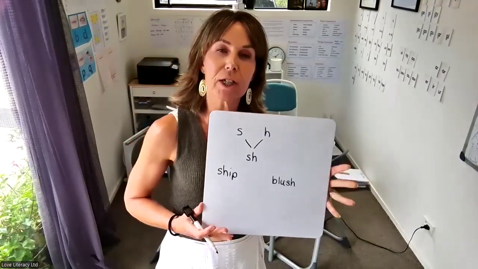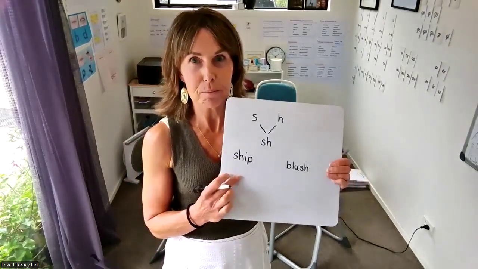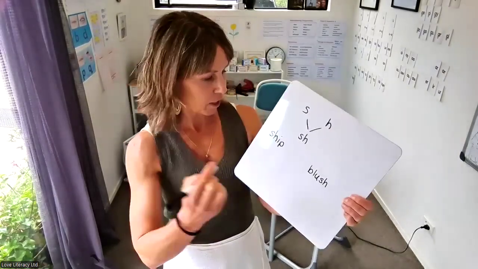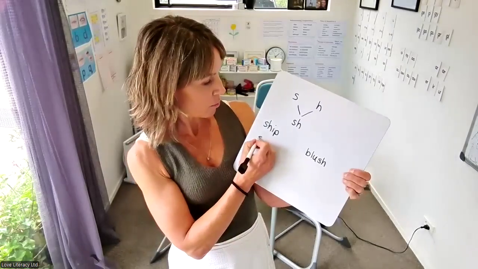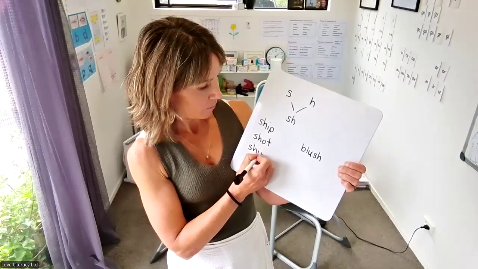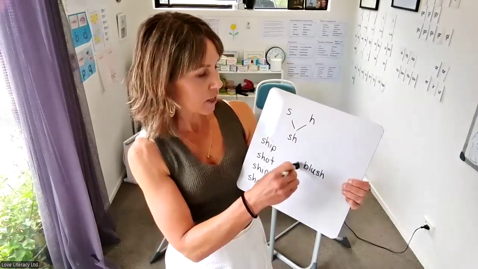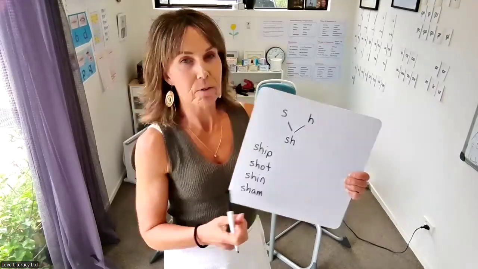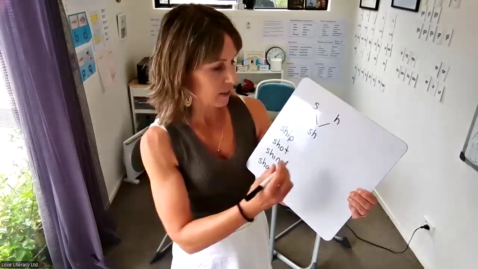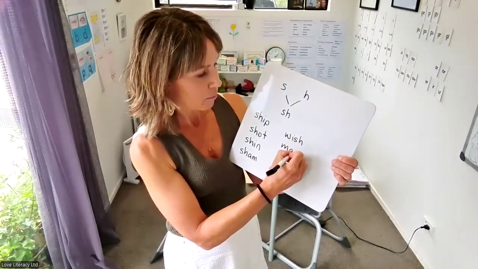Now, if I'm teaching younger students, I'm going to be focusing on some nice, simple, one-syllable vocabulary words like ship, shot, shin, sham. And you can also add in a few words where the sh digraph is at the end, as in the words wish, mash,